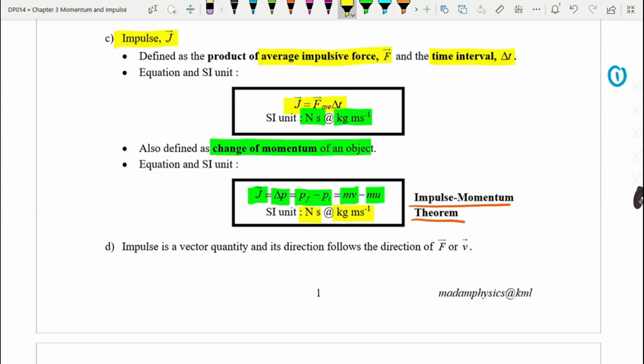Okay. So, impulse also a vector quantity. First, kenapa dia vector? Okay, daripada first formula J equals to F times delta t, F is a vector quantity, so J will be a vector quantity. Okay, and then untuk dia punya direction pula, dia akan follow the direction of the impulsive force. Okay, sama juga untuk equation yang kedua, impulse momentum theorem, impulse ni akan follow the direction of final velocity. Alright, so